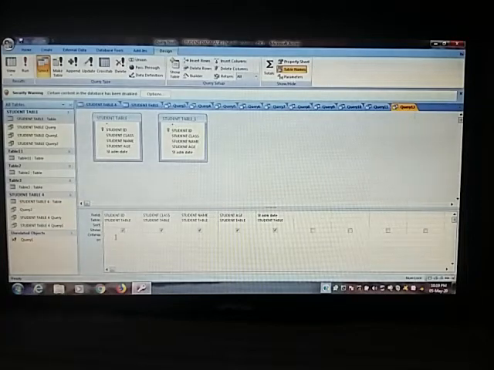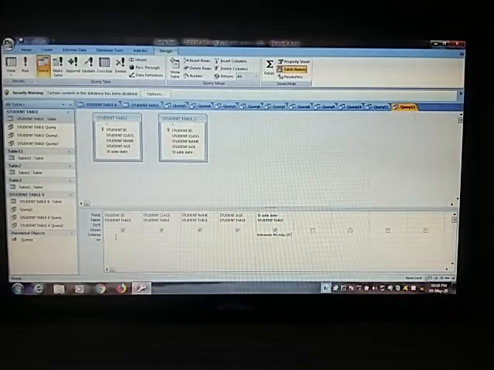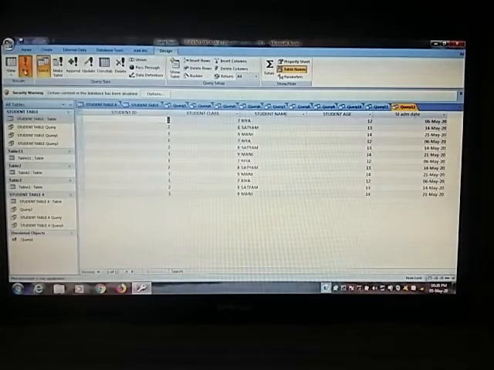Now click on the criteria option and write the between operator, with the hash sign, 6 May 20, and, again using the hash sign, 21 May 20, and run your query.